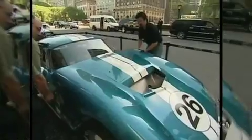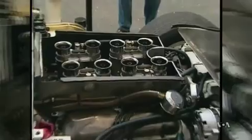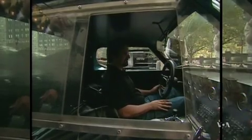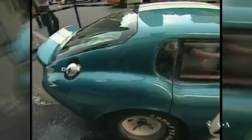AC Cobra, also known as Ford Shelby Cobra, is an Anglo-American two-seater sports car manufactured intermittently since 1962. It competed in a number of road races, but because it was so expensive, it never sold in large numbers. Attempting to bring it back as a retro sports car, Ford unveiled a modernized version at the Detroit Auto Show